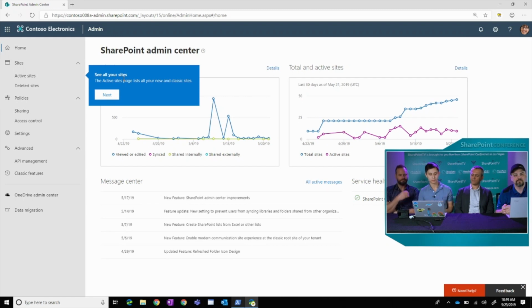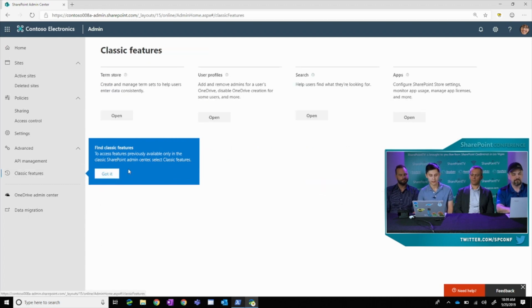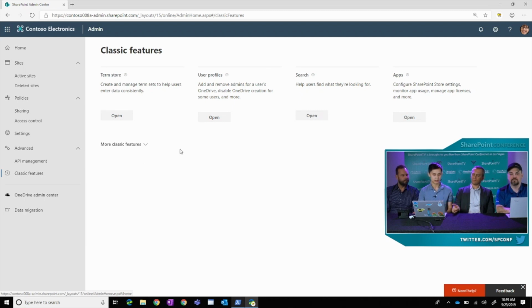And I can go there to manage sites and view sites and do all things related to sites, and it's a really awesome experience. Next, as I said, this classic features page is calling out the fact that I can now do all of my SharePoint administration. Every single feature is available through the modern by looking at this page, especially because we're bringing up all the classic pages. One nice thing I would call out that in this demo you saw, we got a lot of